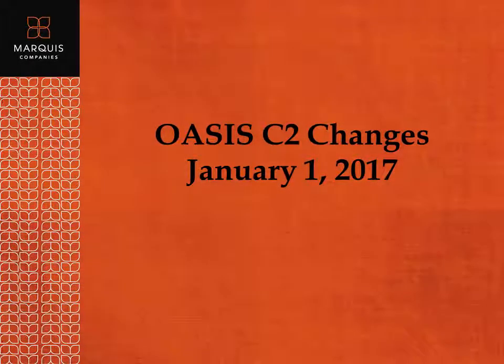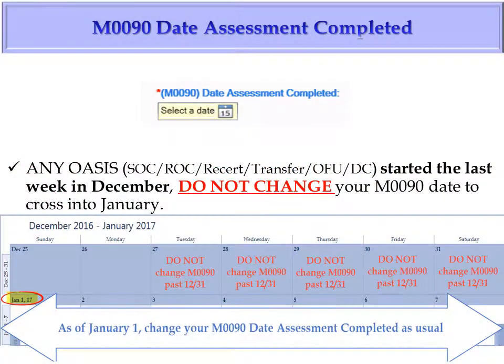So we're going to go over the OASIS C2 changes that are happening as of January 1st. This is a continuation or a build on from the last PowerPoint. So the most important thing, until January anyway, is that the OASIS that you complete, you do not change the MU90 date, the date assessment completed, the last week of December. And the reason being is that